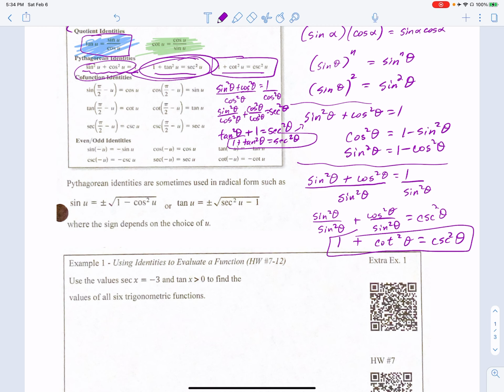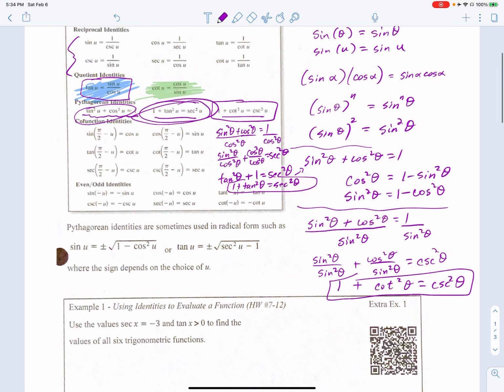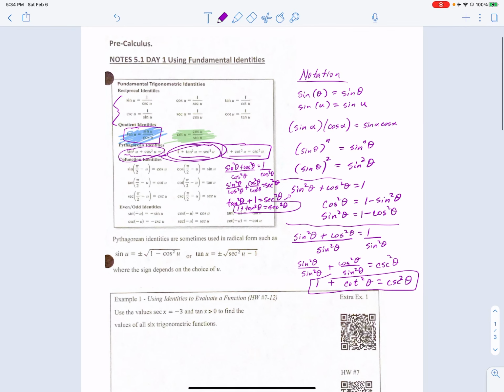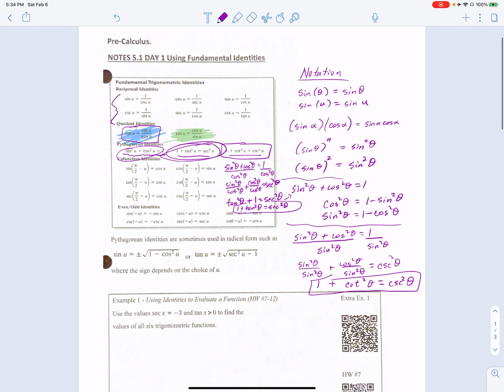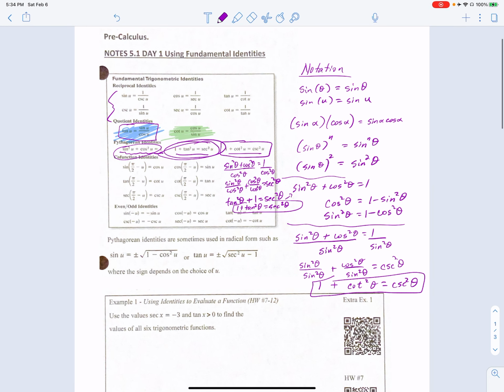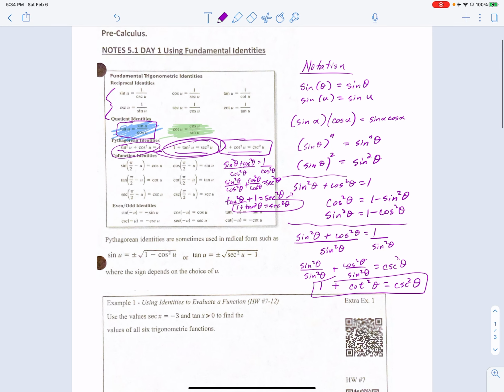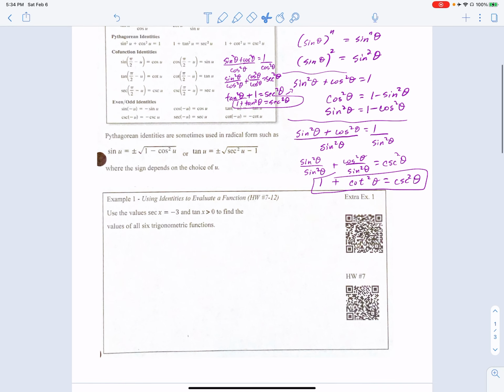So we're going to see using all these identities in this chart as we simplify expressions or verify some equations are true. All right, so I'm going to go here, and I'm just going to get rid of some of these markings because I'm going to be referring back to some of those. All right, so